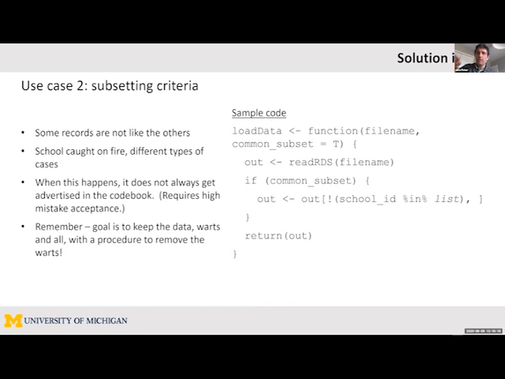Similarly, I was thinking of kind of along the lines of a load data function for subsetting criteria. So again, like the school that catches on fire, or if we're looking at employees at a company, we might have employees on the one hand and contractors and temps on the other. If all the cases aren't alike, we might want to have some ability to automatically drop cases that are not usually analyzed together. So again, I was thinking of this like a load data function where we pull in the data and then drop cases that are not the same, essentially.